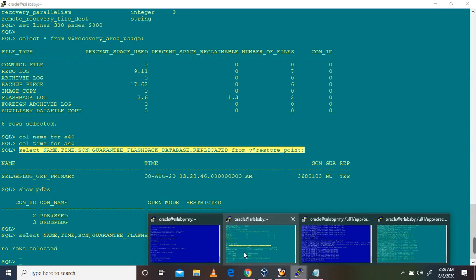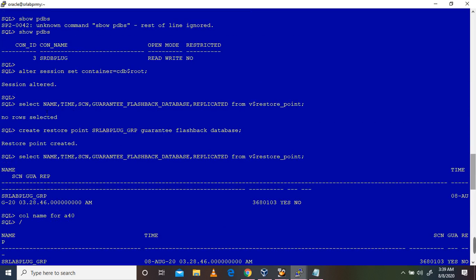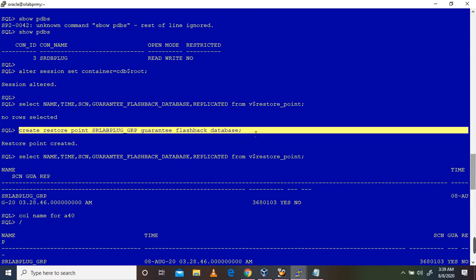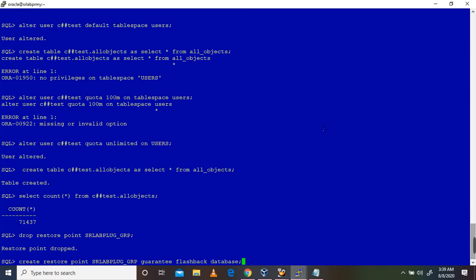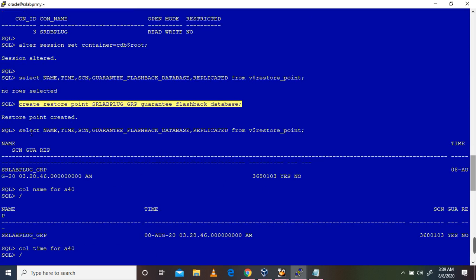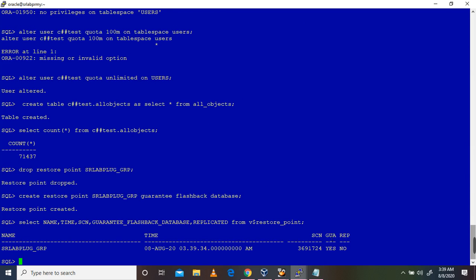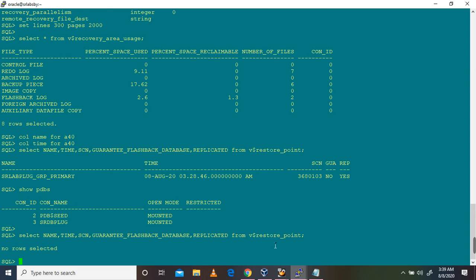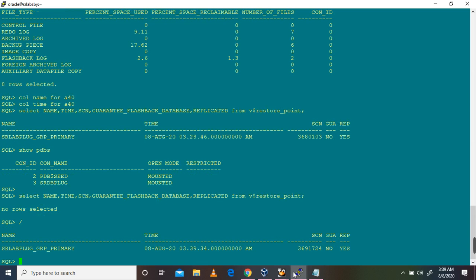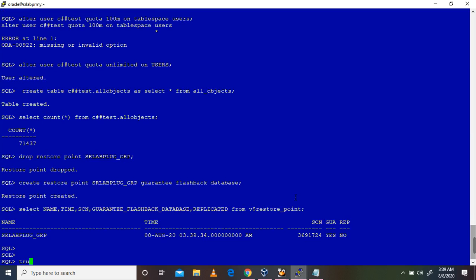I'm going to create a new restore point again, because I have created a table at container level, so I dropped and recreated it. Now you can check, it is there. Here also it is there. Okay. Now what we will do is truncate the table. Truncate table.